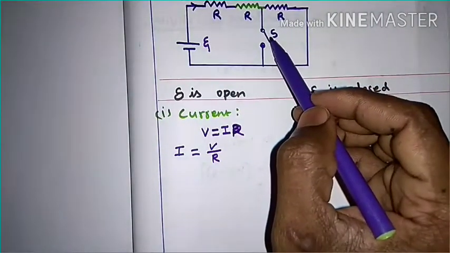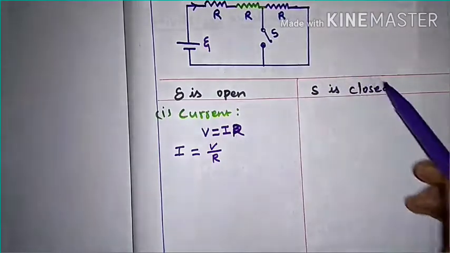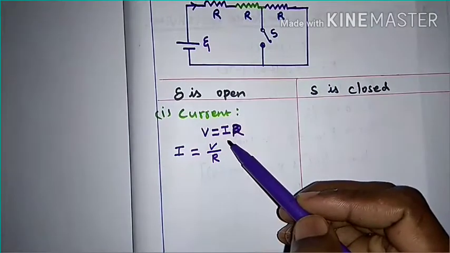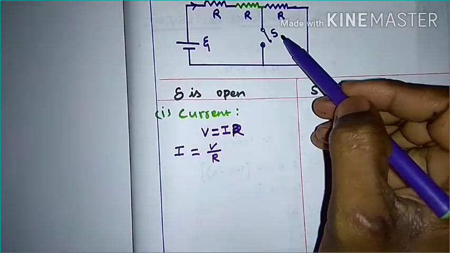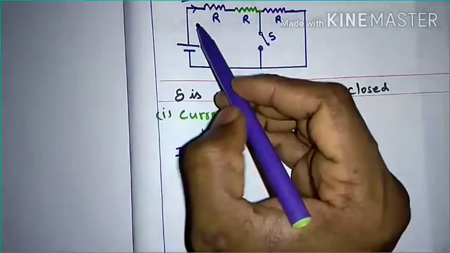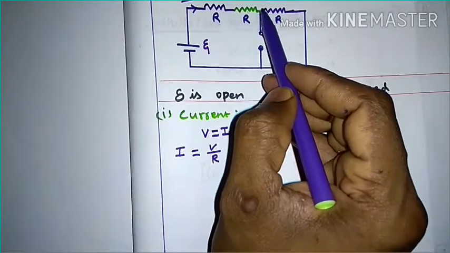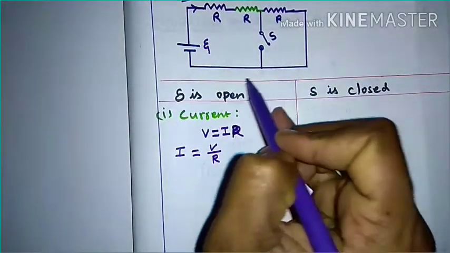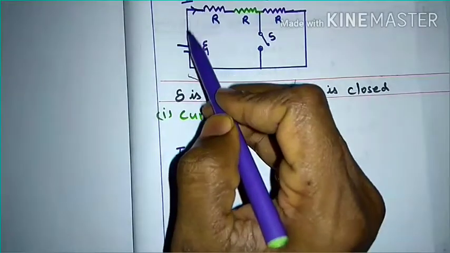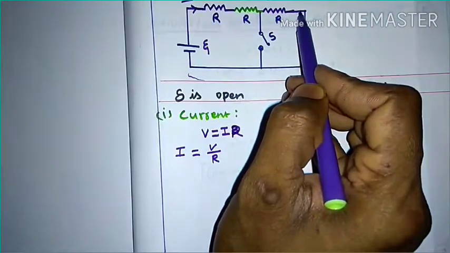Suppose when the switch is closed. So we will write the switch closed case in this condition, and the switch open case in this condition. Here, when the switch is open, the current will certainly not flow through it, right? So the current flows through the first resistor, second resistor and then third resistor. So this is a closed circuit when the switch is open. So when the switch is open, the current flows through each resistor.